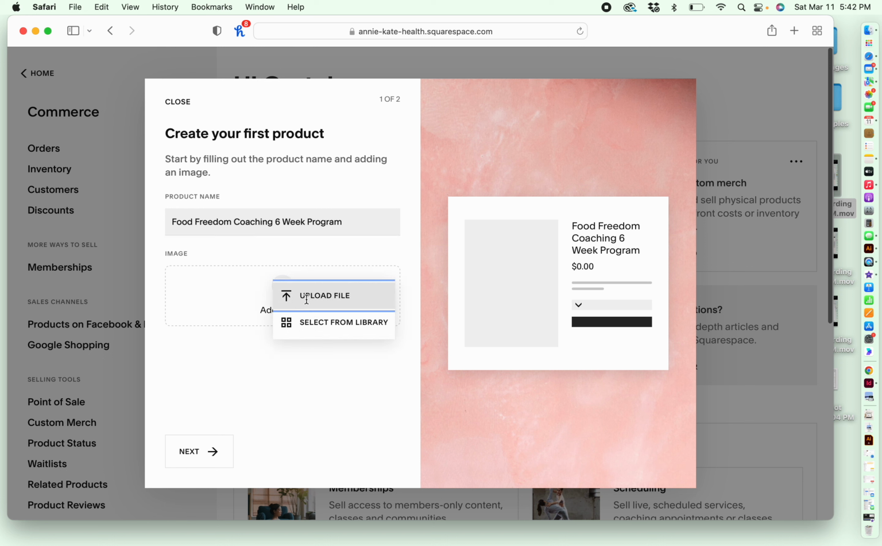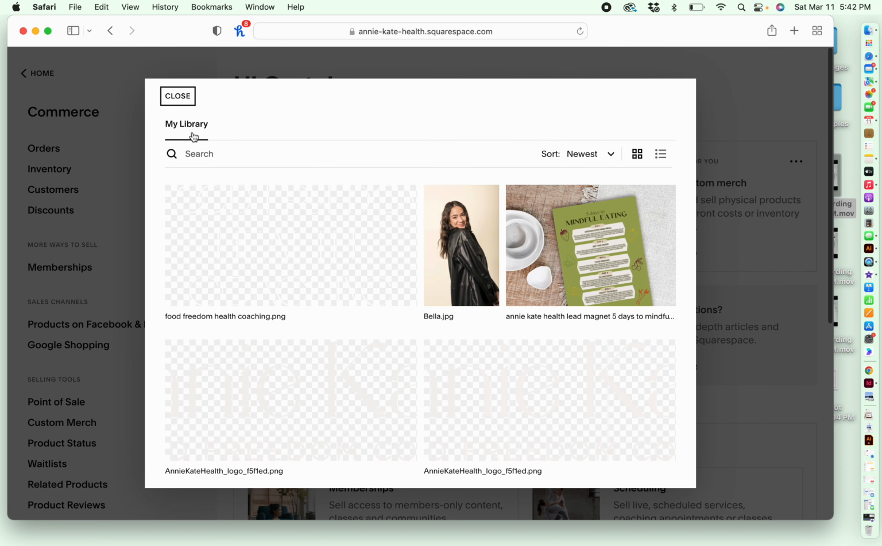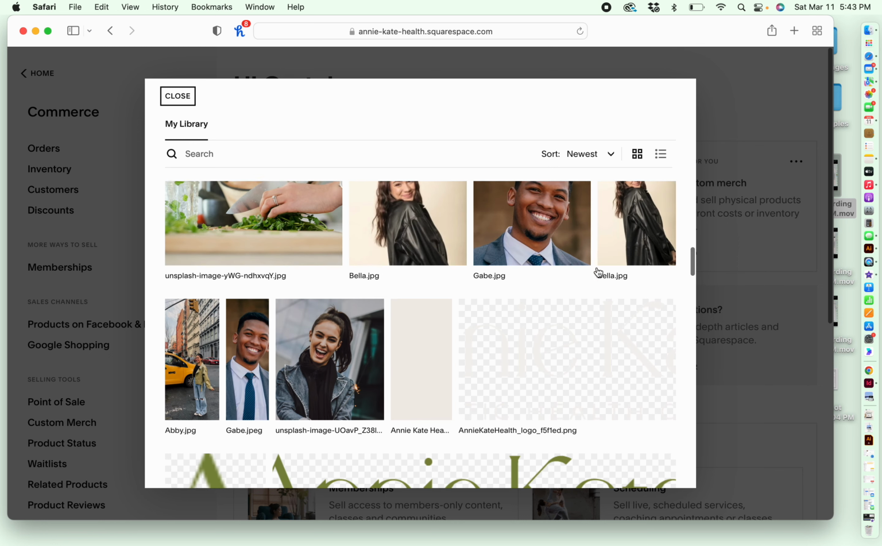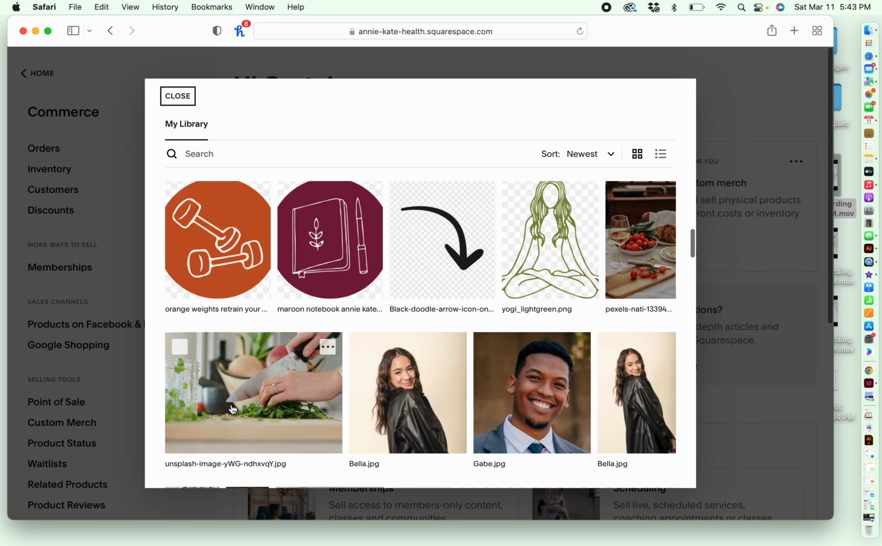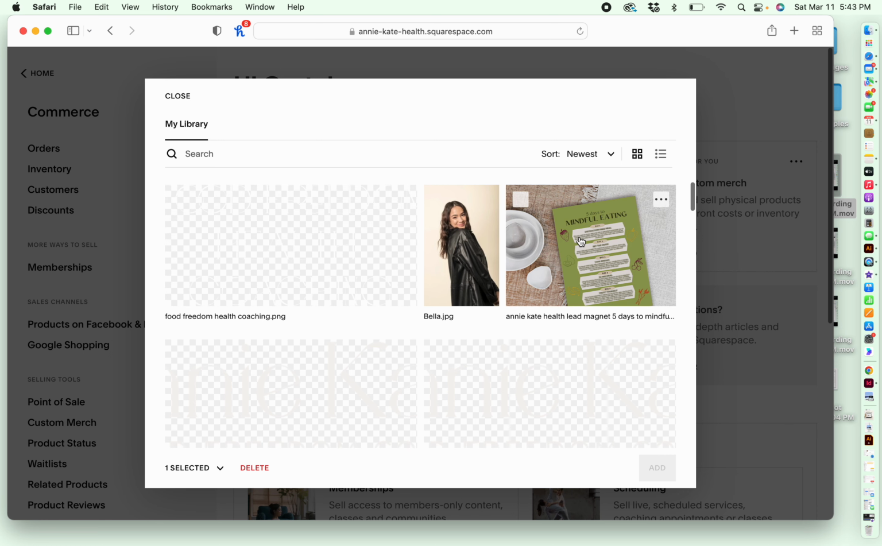And then you have 2 options. You can either upload a photo if you want to include a photo, which I do recommend, or you can select from library. What's cool about this is it'll actually pull up the images that we've already used on this specific website. I like this stock photo that we've used before. I'm going to select that, and then I'm not sure why it says stock images cannot be added. All right, well, sorry about that. So then I'm going to use